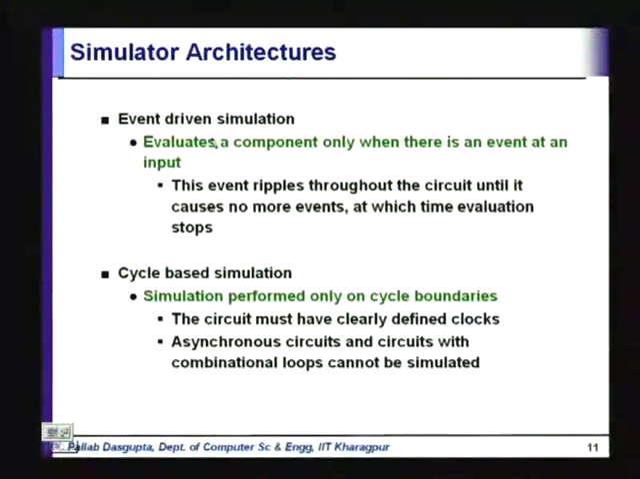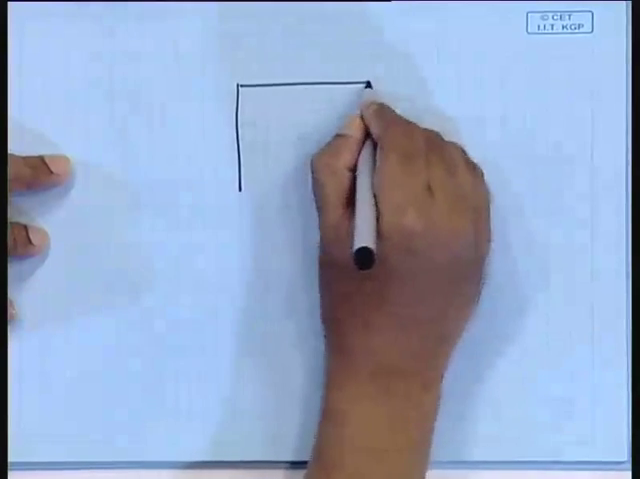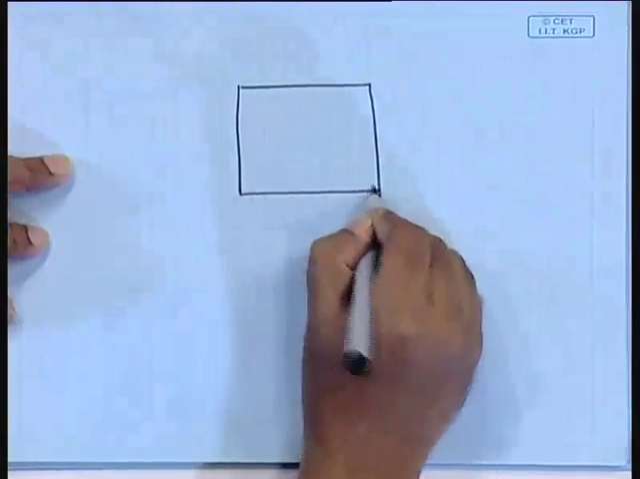So, we will continue with our lectures on simulators. In the last lecture, I had introduced two different types of simulation techniques. One is known as the event driven simulation and the other is the cycle based simulation. Just to recapitulate, the main difference between these two is that given a combinational circuit, you can